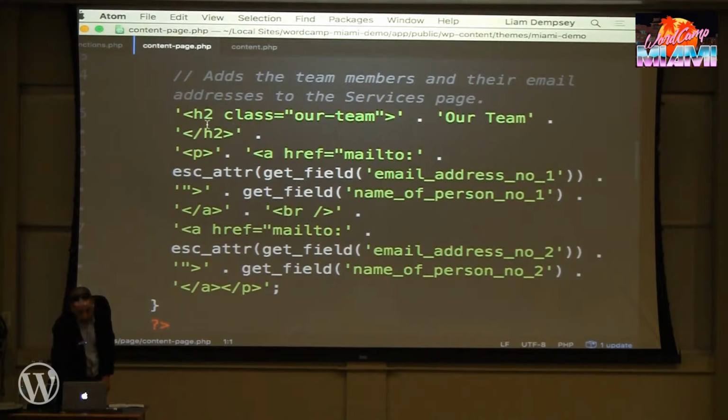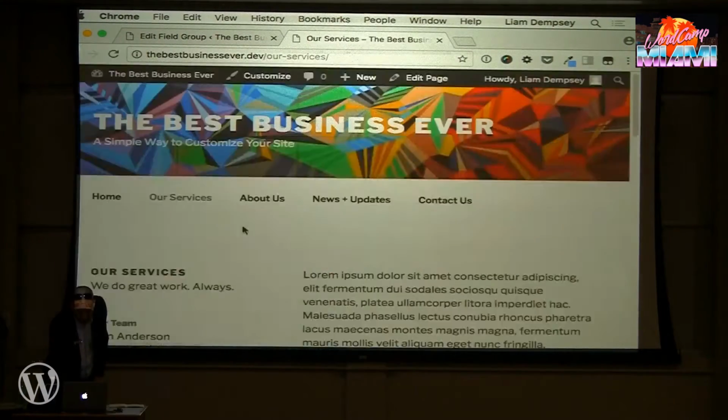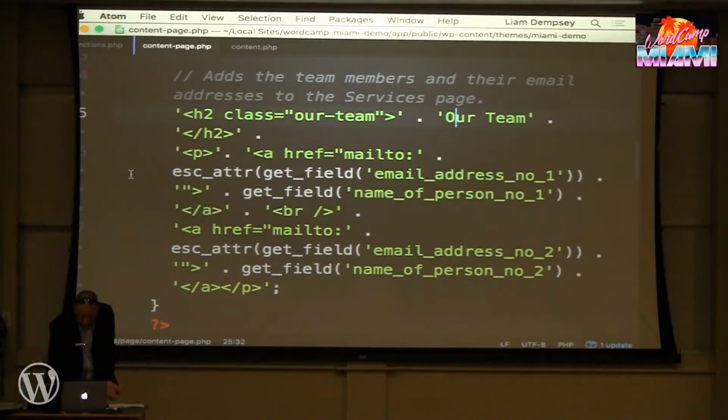So if we can see, this little bit of code says our team, and I even typed that up by hand, right? And if we come back to the front end of our services page, we can see it says our team, right? So the code is working. It's going to the front end. And if we come back to the code again, we see we have a paragraph tag, right? That really simple HTML that says make a paragraph. Here's a link tag that says, and then this is pulling the information